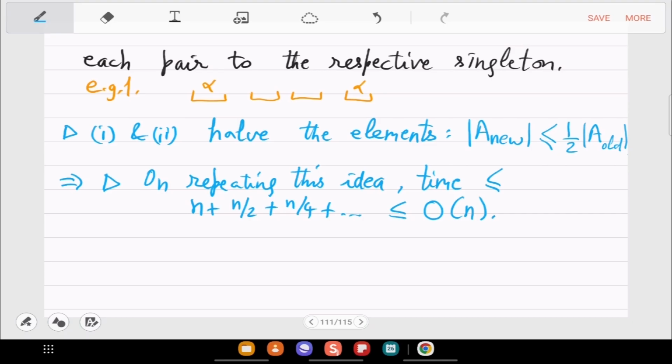Well, it's not quite full because what we have shown is that if you had a half majority, then in the end you will output it correctly. But if you output an element saying that it's half majority, is it actually half majority?